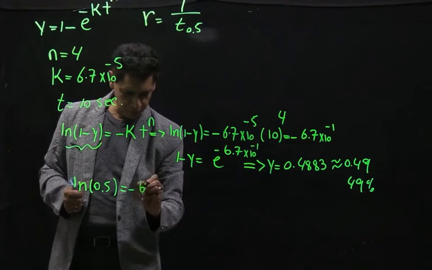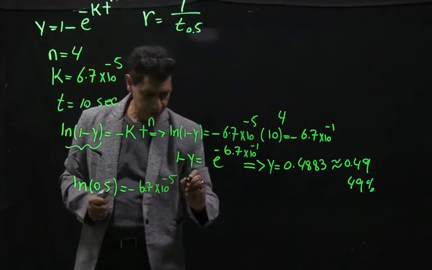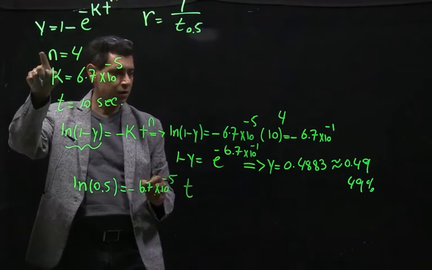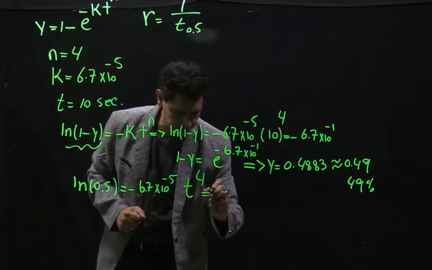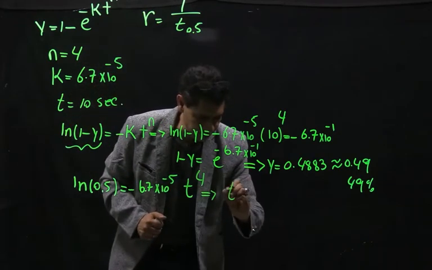So minus 6.7 × 10 to the minus 5 t to the power 4. Okay, so from here, let's see what's going to happen. I need to calculate t. t is equal to